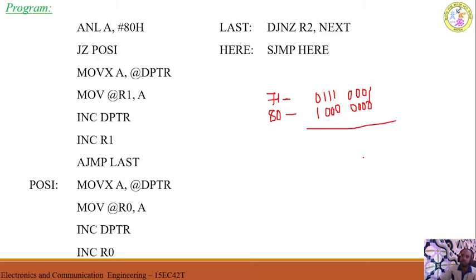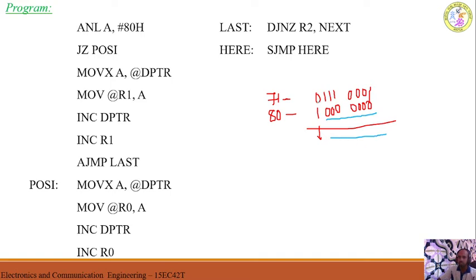See, remember here what actually we are doing. Whenever you are going to do the AND operation of any number with the 80, only the sign bit will come at the output. For example, here in this case, all the bits are 0 here. I told you whenever you do the AND operation of any bits with the 0 bit, definitely the result will be equal to 0. Now from here to here everything becomes 0 because this is 0 now. Whether this is 1 or this is 0, it doesn't matter. The result is always 0 here.